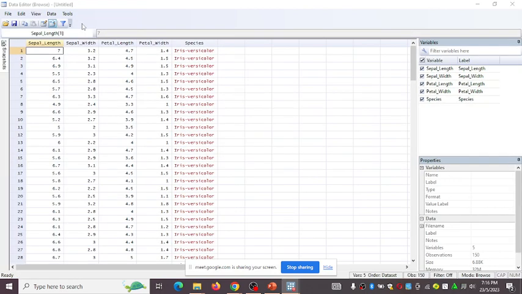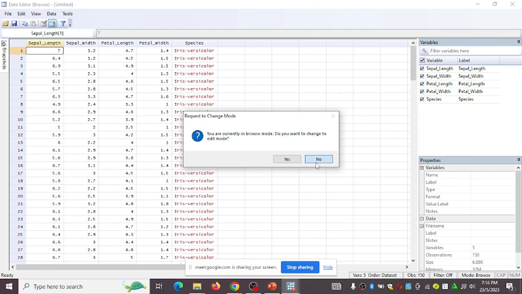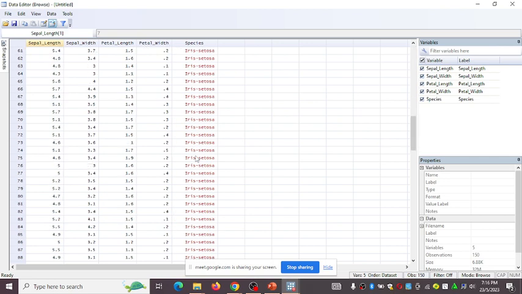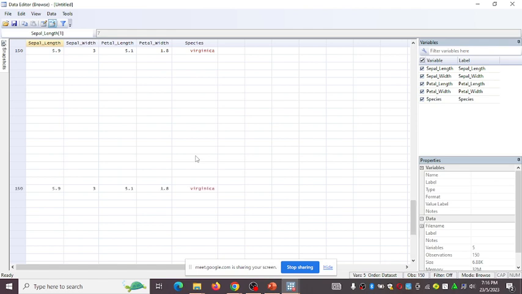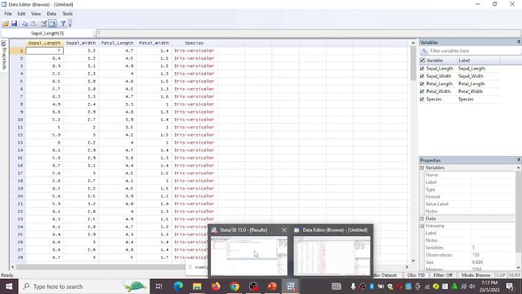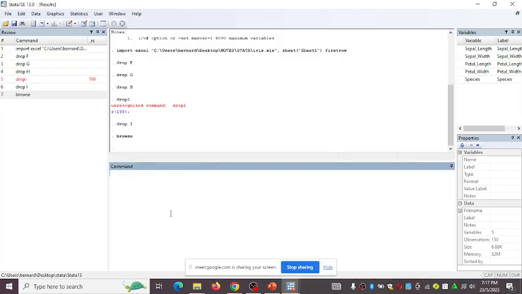So these are the attributes of our data, or the columns of our data. We have the sepal length, sepal width, petal length, petal width, and the species. So we are going to do some visualizations on specific columns, and from there you can apply the same concept in any other data. So the first one